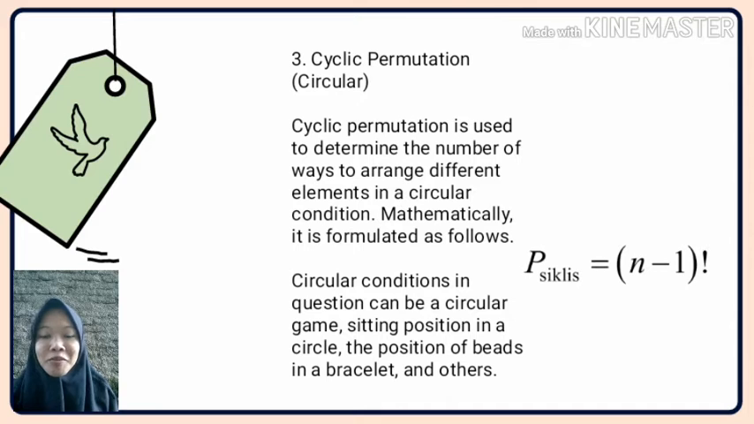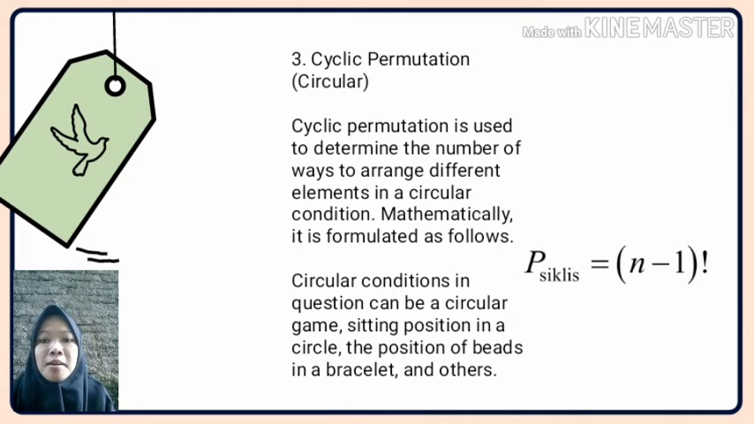Next, types of permutation. 3. Cyclic permutation, or circular. Cyclic permutation is used to determine the number of ways to arrange different elements in a circular condition. Mathematically, it is formulated as follows. Cyclic permutation equals the difference of n and 1 factorial. A circular condition in question can be a circular game, sitting positions in a circle, the position of beads in a bracelet,